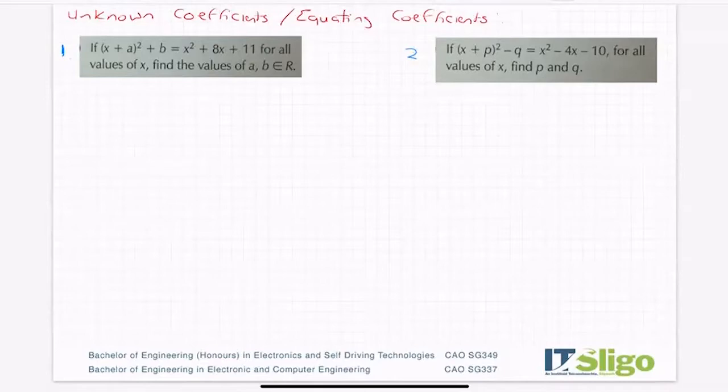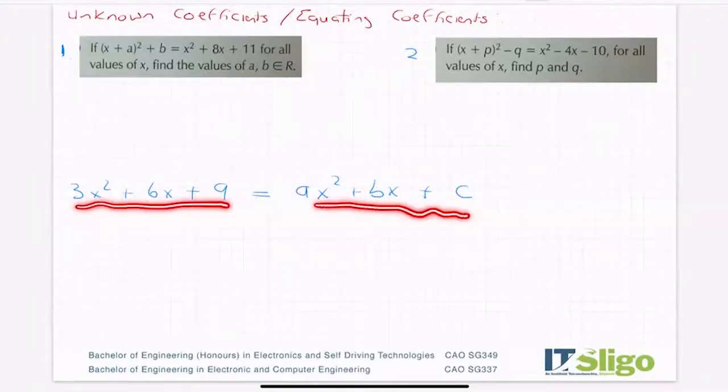Okay, so this stems from if I have a quadratic 3x squared plus 6x plus 9, for example, I can say that is in the form ax squared plus bx plus c. If you talk to mathematicians, they often describe that equals sign as a balance, where the left-hand side is balanced with the right. So the only way that the left-hand side could be balanced with the right is if